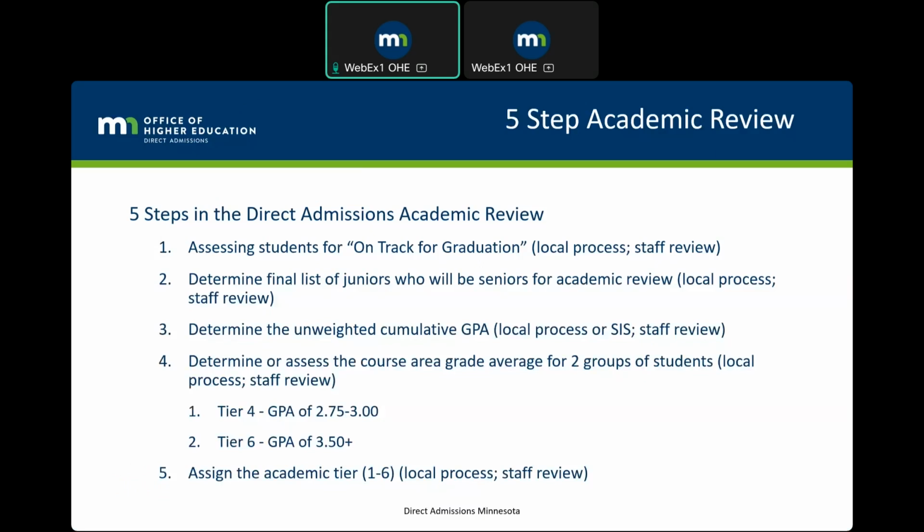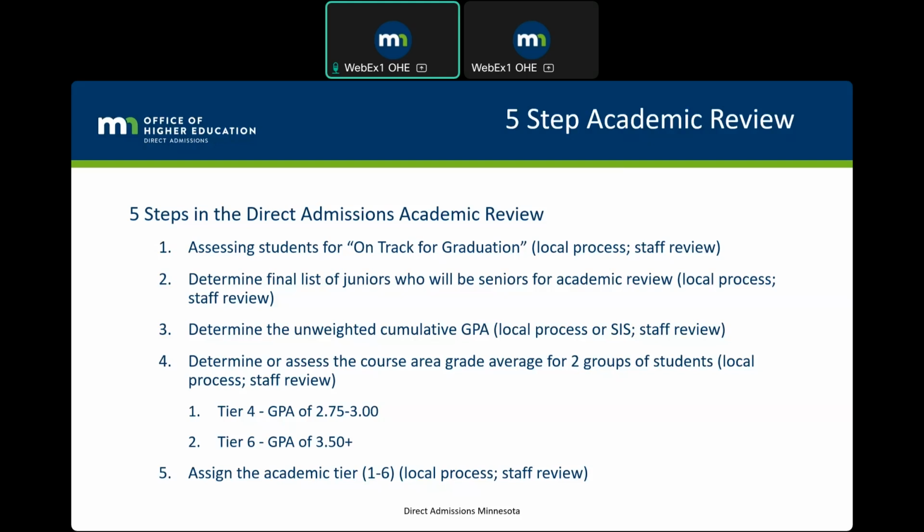All right, so what are the 5 steps of the academic review? First, I do want to reiterate what Aaron said. You can start the academic review at any time after your JPA and DSA are completed. However, you cannot send out your surveys until your FERPA notifications have been sent out. So you can get a jump start on the program almost immediately with doing the academic review.